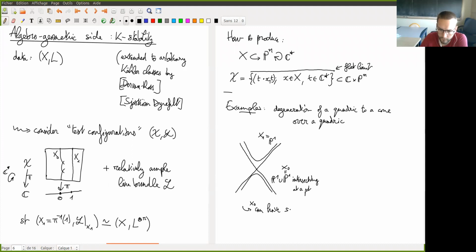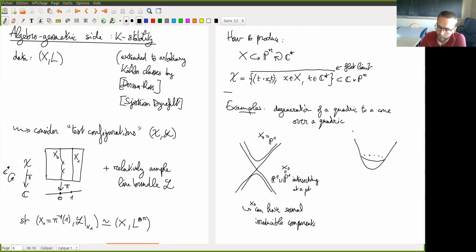X0 can have several irreducible components. And so that's the example of a one-dimensional quadric degenerating to a cone over a zero-dimensional quadric, so 2 points. And if you take the same idea, but in